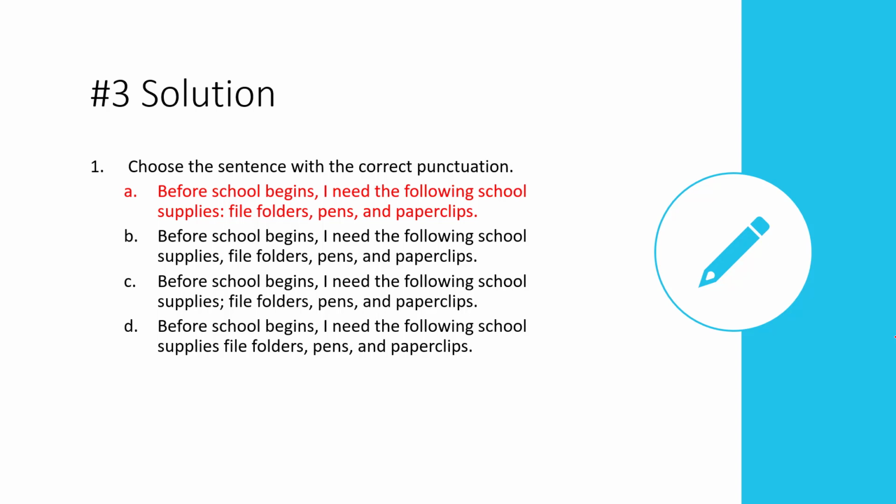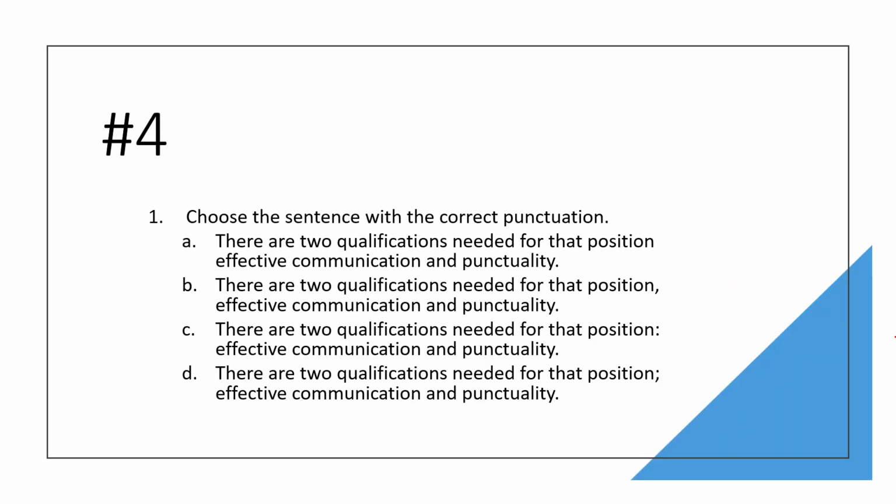When you are preparing to move from a sentence to a list, you do not want to use a comma like you have in B. You do not want to use a semicolon like you see in C, and you do not want to avoid any punctuation as you see in D. So you definitely want to use a colon as appears in A. And then finally, number 4,